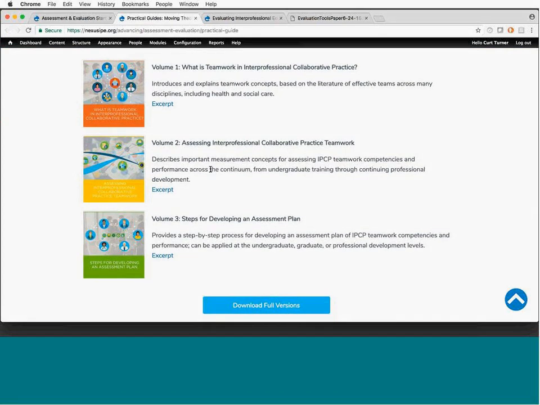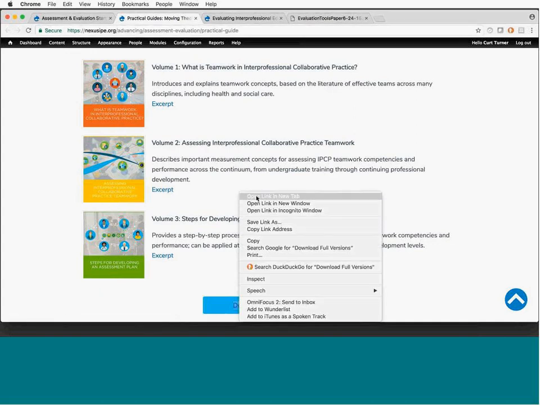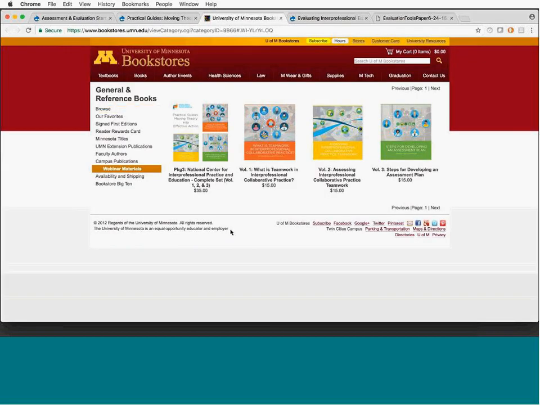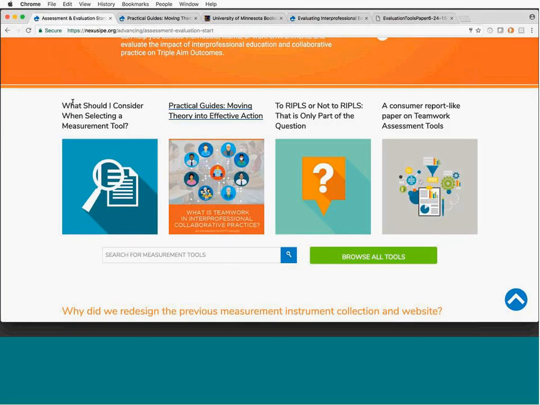And then if you're interested in downloading the full versions, you click on that. Yes, and that takes you to the University of Minnesota bookstore. And these books are sold individually for $15 a piece, or all 3 for $35. And if you back out of this to the assessment and evaluation homepage, the next picture icon you see,